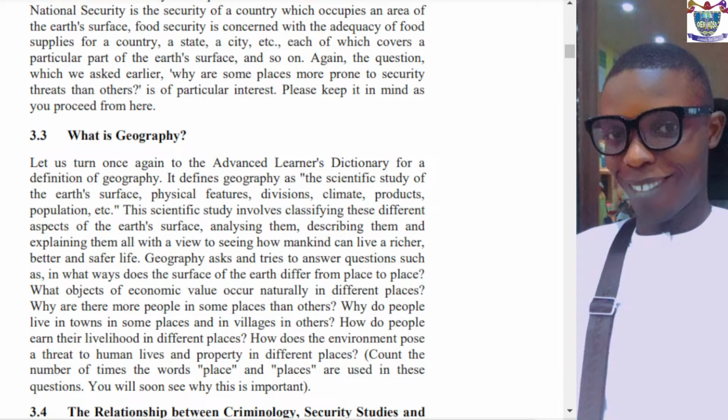Why are there more people in some places than others? Why do people live in towns in some places and in villages in others? Why do people earn their livelihood in different ways in different places? How does the environment pose a threat to human lives and property in different places? So these are some of the